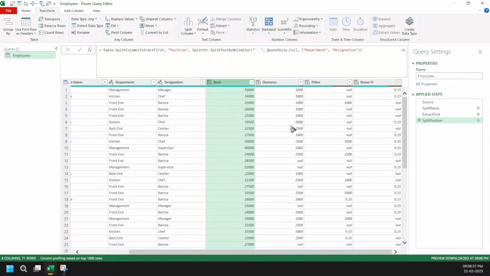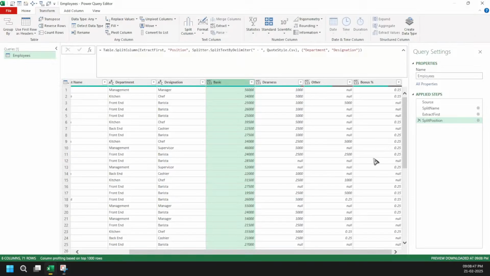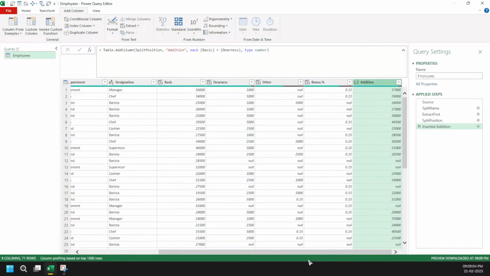So let's say, because we know what is basic consumption, total salary, it will be equals to basic plus DNS plus other, right? So what I'm going to do here is I want to add, but before that I will tell you a problem which many people might have faced. So what we see here is you can come here, you will go to the add column and will simply think of, yeah, I'm going to add it, right? But the moment you do, something uneven happens.